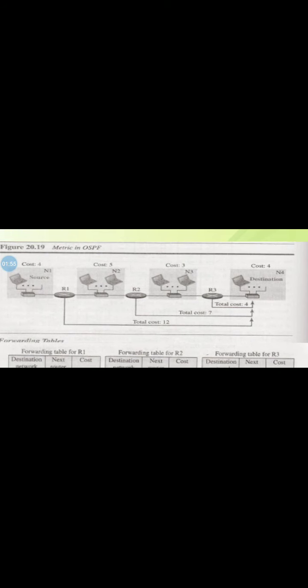Okay, next we'll see about forwarding table, using Dijkstra's algorithm. Each OSPF router can create a forwarding table after finding the shortest path tree between itself and the destination.